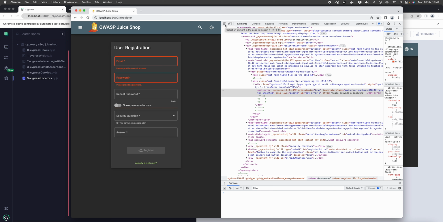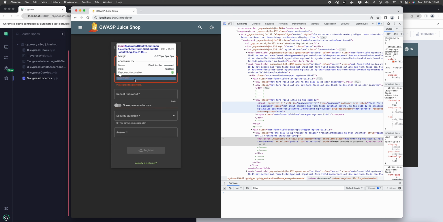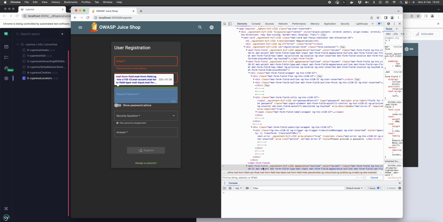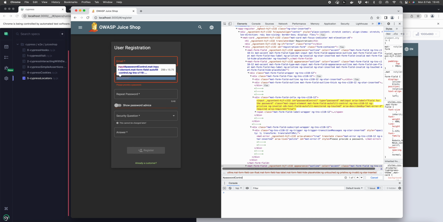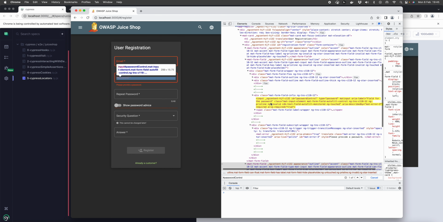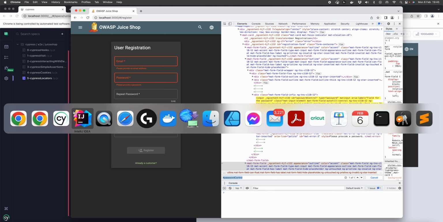So here in the web inspector, you can select this first icon to select an element within the page. I'm going to select the password, and you can see it's taken me to this field. This field does have an ID, so I'm going to copy this, and IDs are denoted with a hashtag. So I'm going to put hashtag and then paste in the value, which is password control, and you can see it's found 1 of 1, and if you hover over, you can see on the left hand side where it's matched. So I'm going to use that for this ID.